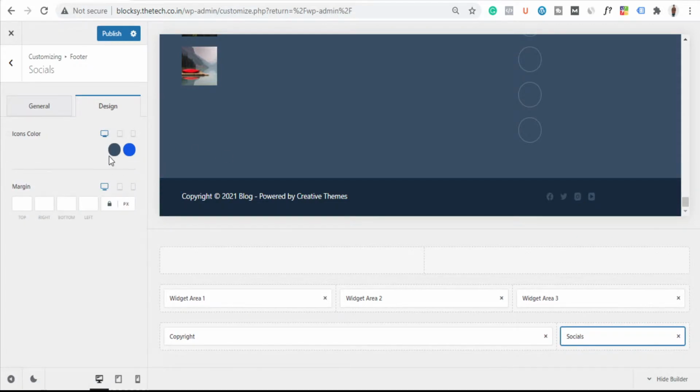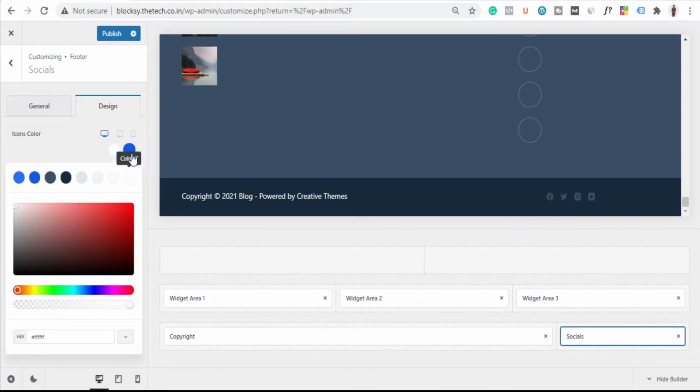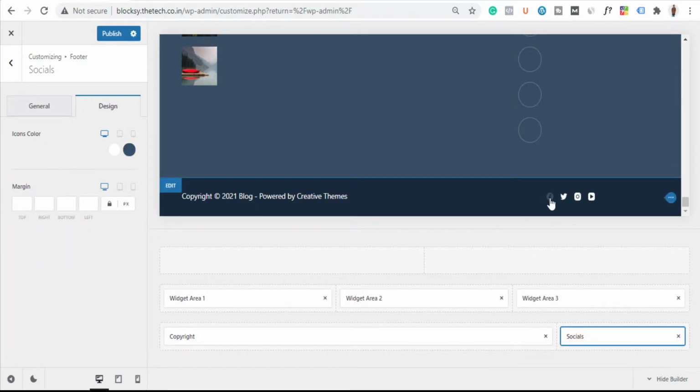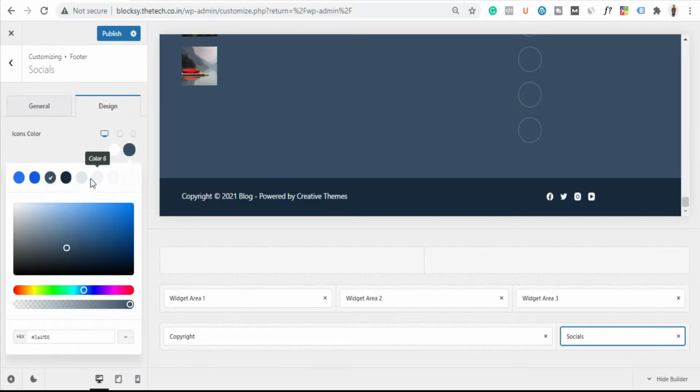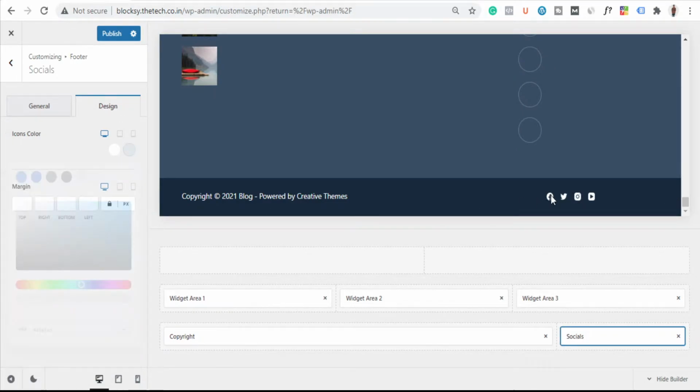Okay, let's first make this one white, and hover color should be this color. Yeah, or I can make it a bit faded white. Yep, this is looking fine for me.